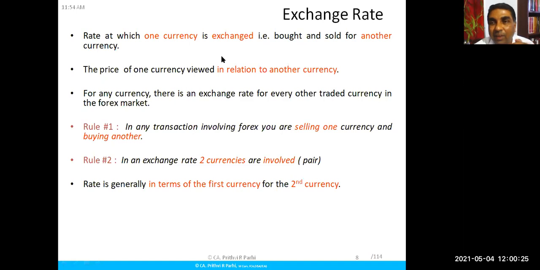Fine. Now, friends, just to make the process of understanding foreign exchange easy, we have listed out certain rules. As such, there are no defined rules to understand this. Only for our convenience, we have made certain rules. If you want, along with me, you can take down these rules, so that it will be easier for us to understand the conversion process. Now you see, what is rule 1? Can you read it? Some of you please read rule 1.